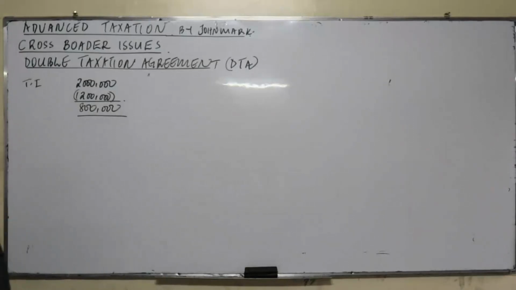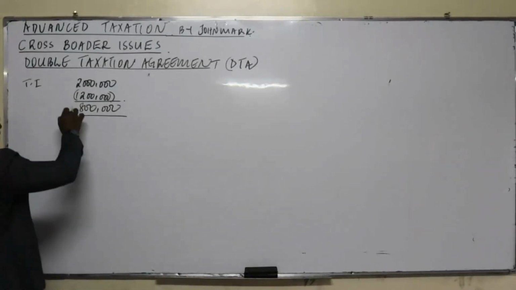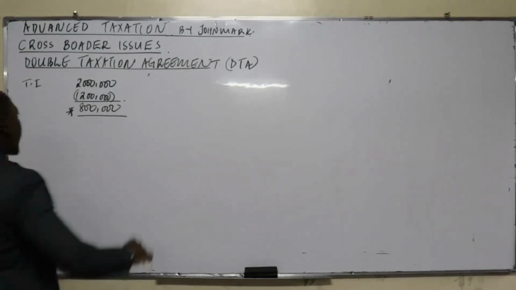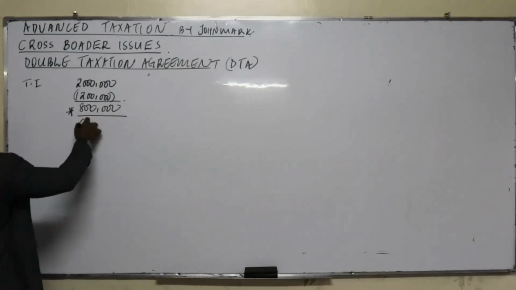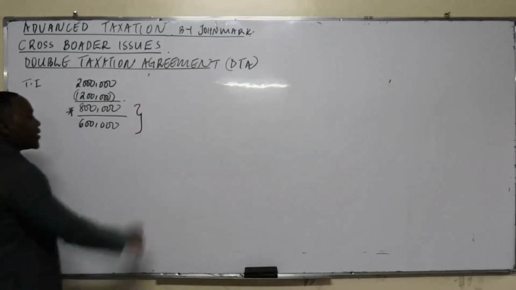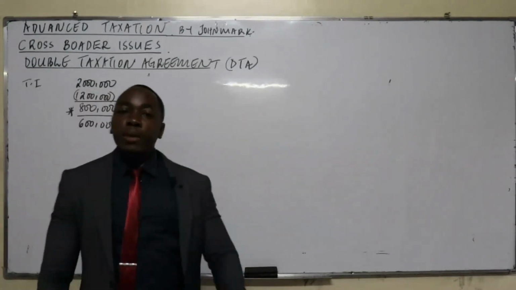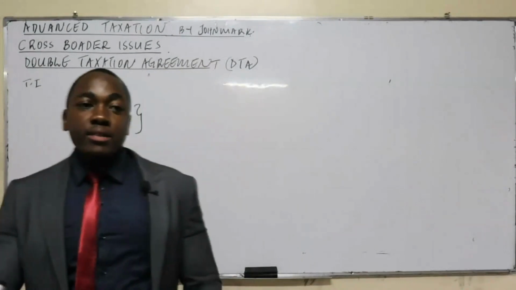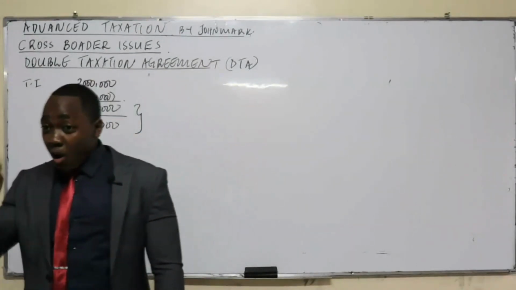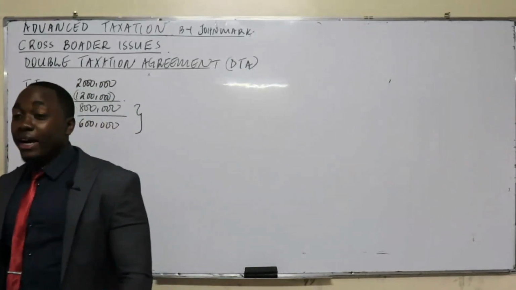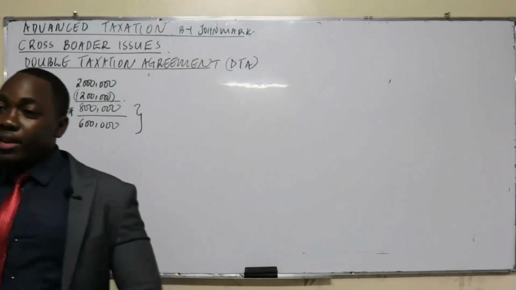Then how do you get a relief? For you to get a relief, you compare this tax against how much you had paid in that country. If, for example, in the other country you had paid an amount of 0.6, then to get the double tax relief, whenever you are getting any benefit from KRA, they always take the lower of. If they are assessing you and there is something to compare, they always take the higher of. That's what happens. But in case you want a benefit from them, it's the lower of.